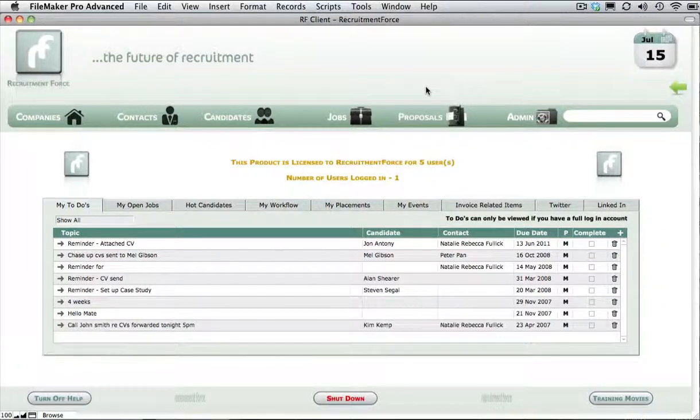Okay, we've got a new version about to appear. Recruitment Force is its name. As you can see, there's a completely new design overall. Tabs are a little bit more clear, and the green has been softened. We've got a great new product, and with it some really neat new features which I'd like to